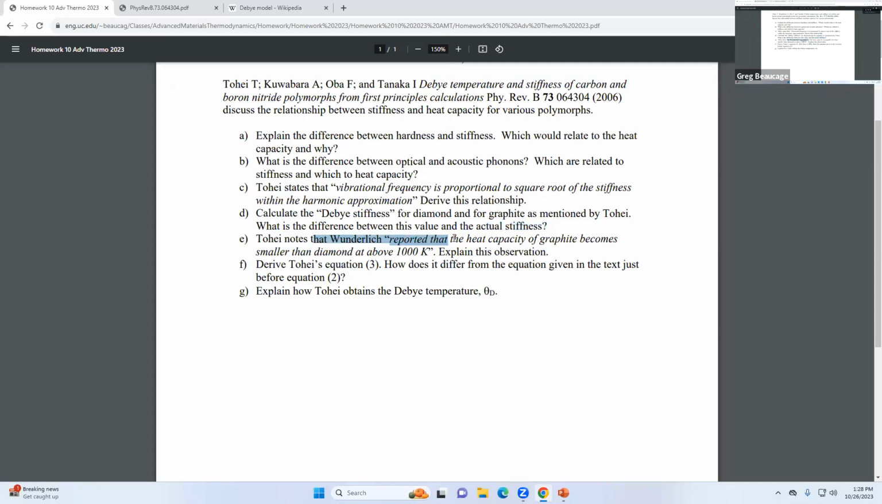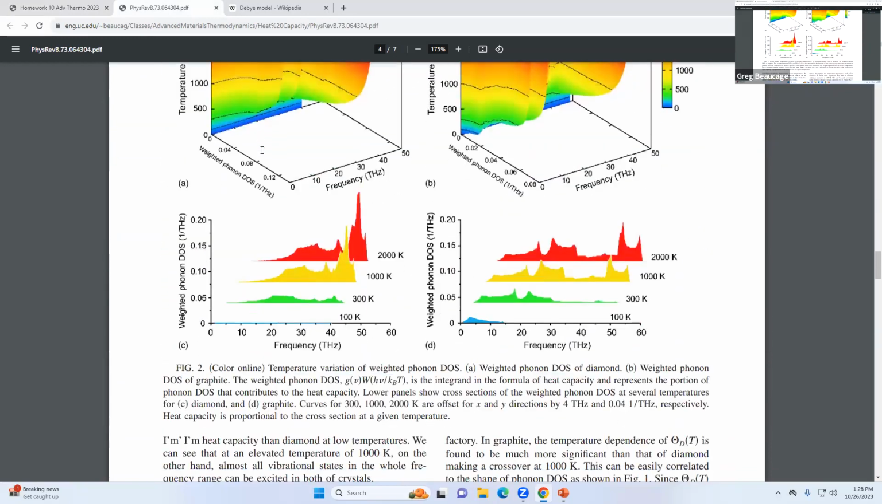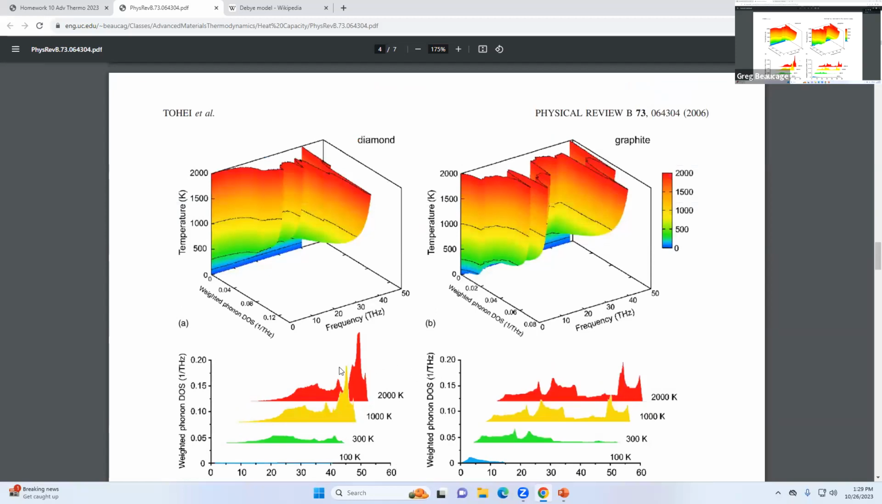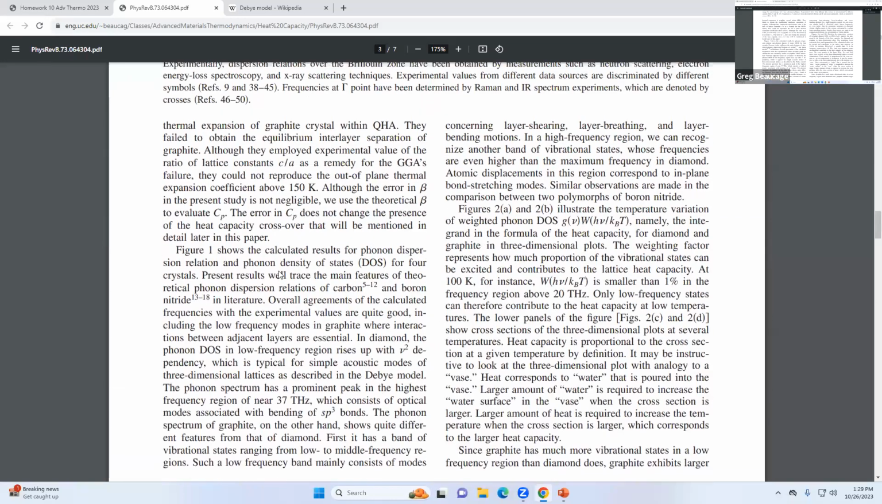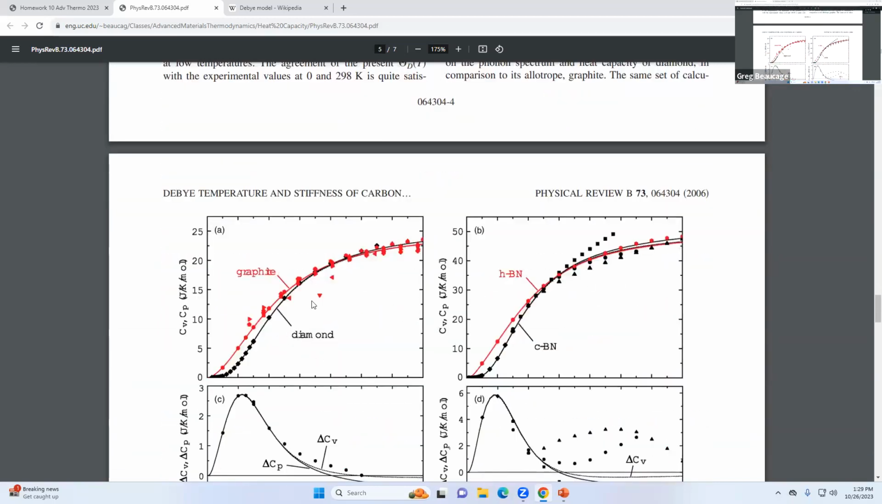And then he says the heat capacity of graphite becomes smaller than diamond at 100,000 Kelvin. Explain. I think I said that. It's basically got to do with the density of states and how it's got to do with this figure, but how these curves change. So basically you get this additional component to the density of states when you get to above 1,000, and that ends up making the heat capacity of the graphite match the diamond. I guess it's higher, but